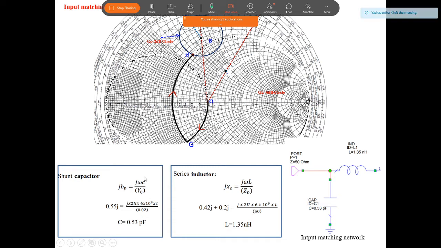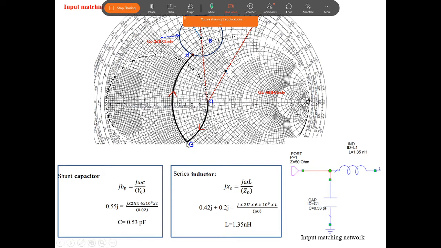Okay, you have to find out the B. What is the B value moving from here on the conductance circle? Note down the B value here. What is the B value here? Now take the difference of those two. You will get the small b here. That you should put, and we will get the value of the capacitor. What is the value of the capacitor added here at 6 gigahertz? Because the problem given is at 6 gigahertz.